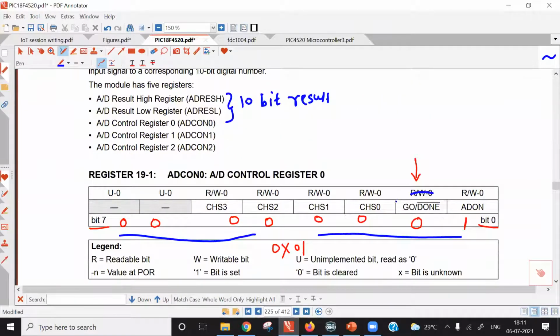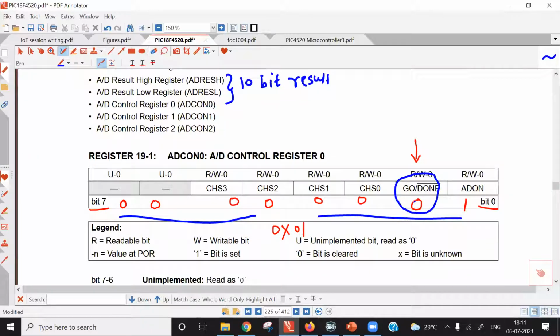So when we set this go bit, initially when we loaded the ADCON 0 register with our code word, we set the go bit to 0, so conversion will not begin. When you set this go bit to 1, the ADC conversion process will begin. The ADC module will initially add acquisition time, so that the on-chip capacitor in the ADC module will get charged to the analog voltage, and then it will disconnect the capacitor from the external pin, and then conversion will begin. So the voltage sampled across the capacitor will be used for the actual conversion.